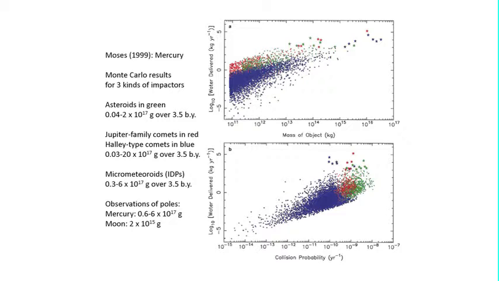And she didn't consider all impactors. Well, she considered Jupiter family comets, those are in red, Halley-type comets in blue, and asteroids in green. And these are very logarithmic scales here. So this is the mass of the object, and this is